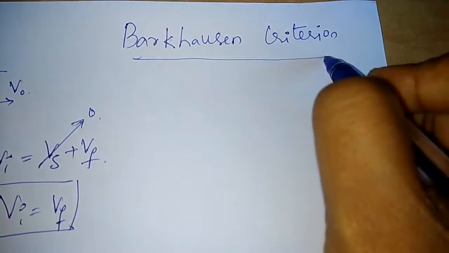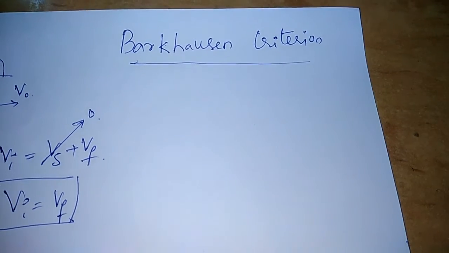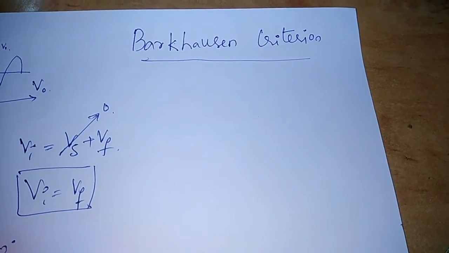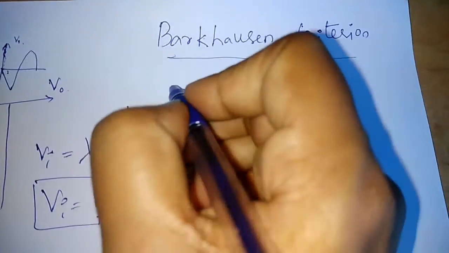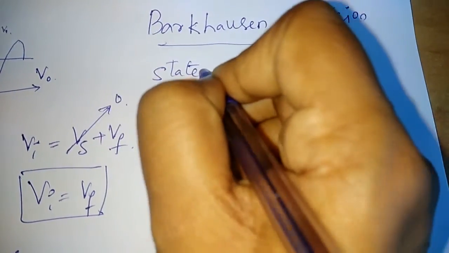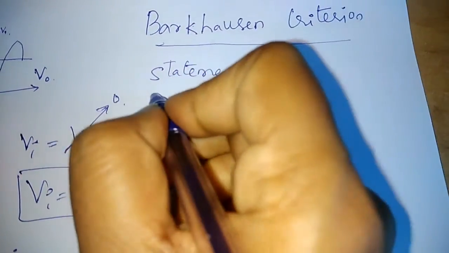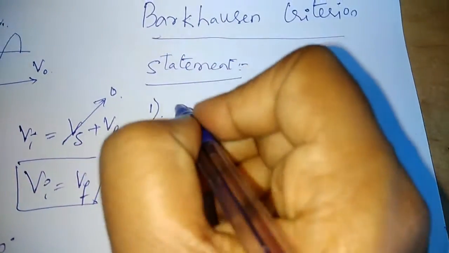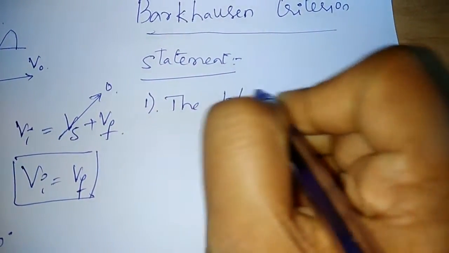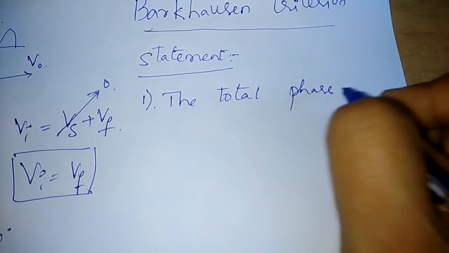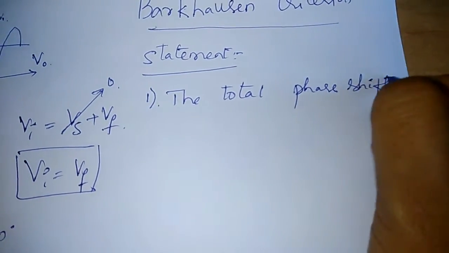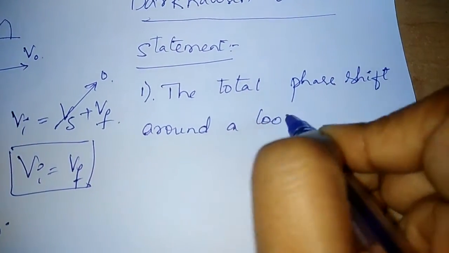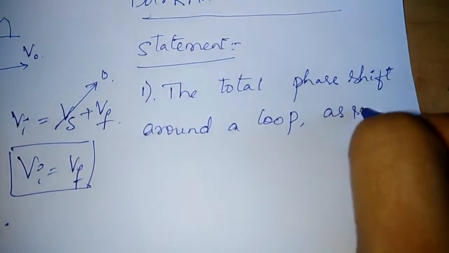Okay, what is the principle of operation for an oscillator? You have to say it is working on the basis of the Barkhausen criteria. What does this criteria state? It states that two conditions are there. The first thing is the total phase shift around a loop as signals